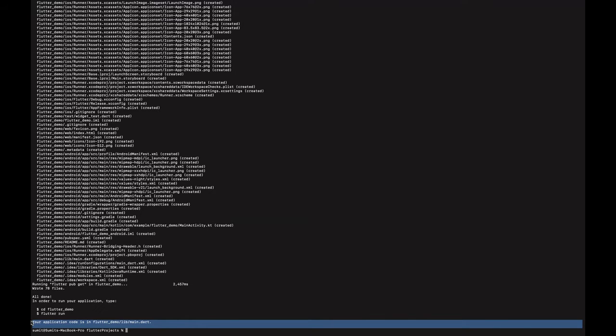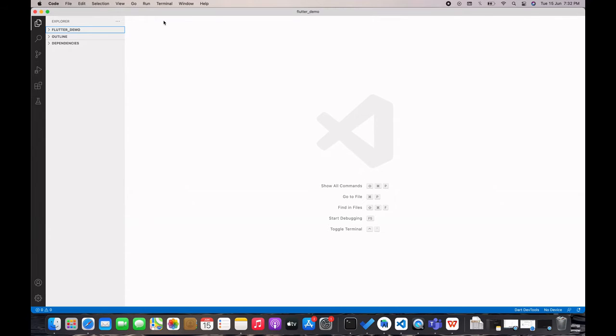Now we will understand the structure of a Flutter project after importing it in Visual Studio Code. The successfully created project, flutter_demo. Now we will import this flutter_demo in VS Code. So first of all, we open the particular folder that is created by the command line. You can see a Flutter project is a set of different folders. We will describe each and every folder one by one.